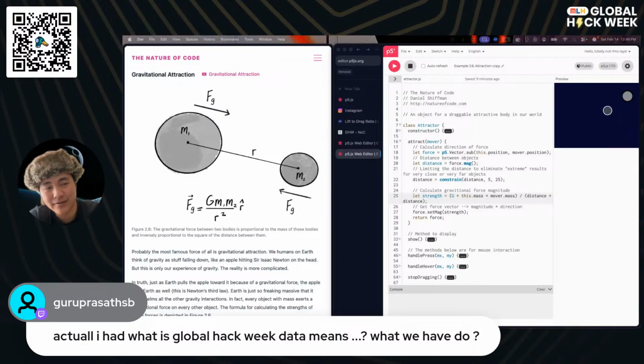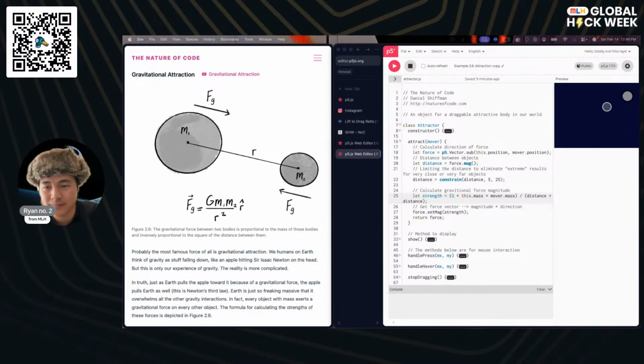That means a lot of the workshops and a lot of the challenges are going to be themed around data. I like to also just continue running this stream every Global Hack Week, regardless of what the theme is. If you want to, you can squeeze data into this specific topic, but that's not the focus of what we're doing here.